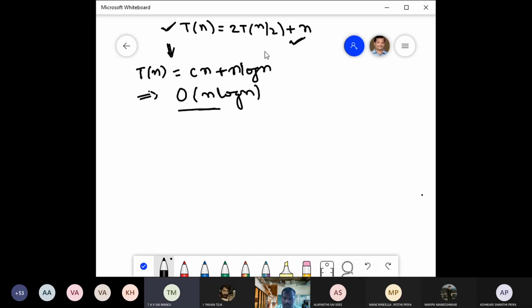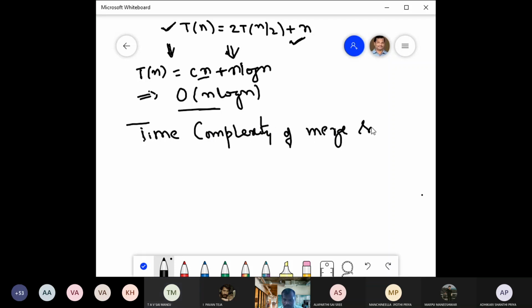All of you check this. By using the substitution method, if you solve this equation, you will get Cn plus n log n. If you express it in big O, this smaller order term is ignored, so it will be order of n log n. So what is the time complexity of merge sort? Big O of n log n. Correct.